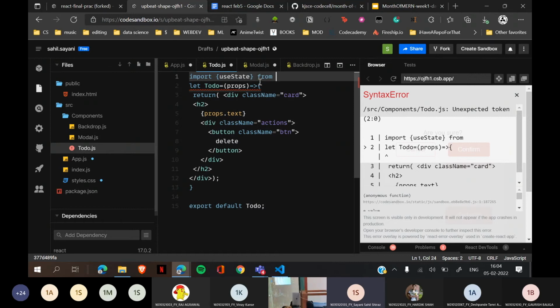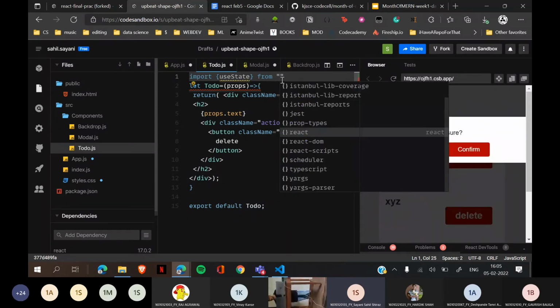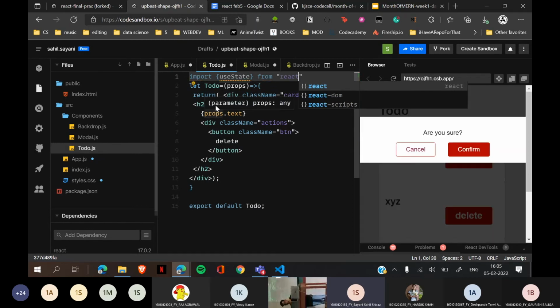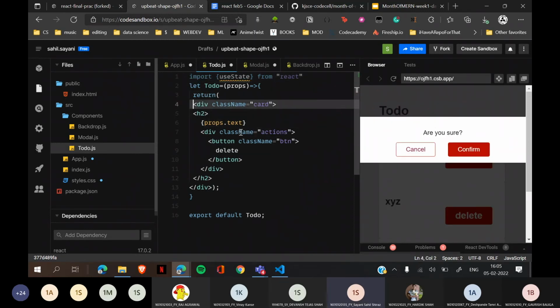Now I said a word called React hook. What are hooks basically? Hooks are nothing but literal hooks which hook into your components, and they help manipulate the state of the object, so to say. So I'll import useState from React,